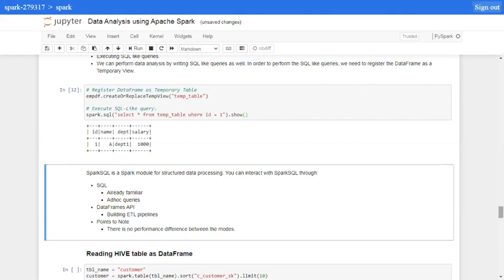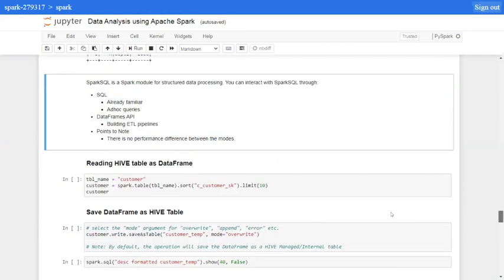Now, so far we discussed how we created a data frame, performed certain operations, and how we can write SQL queries. But what if we are done with all the operations, all the analysis? What next? We would like to store our data somewhere. Okay. Now let's go a little deeper into the different data sources which we can use.